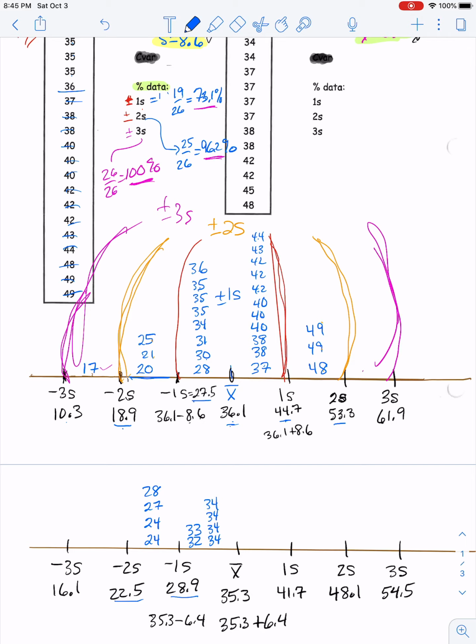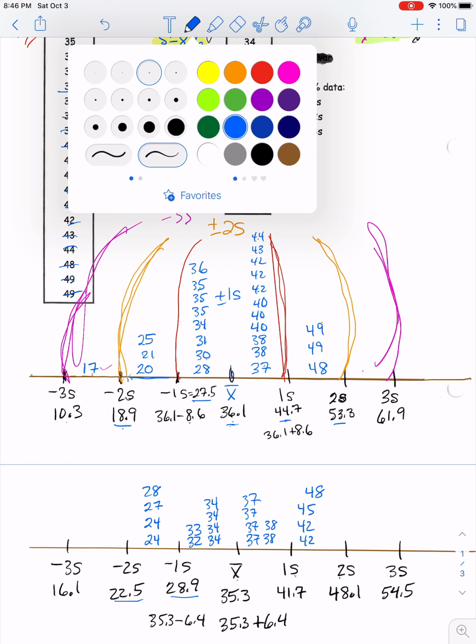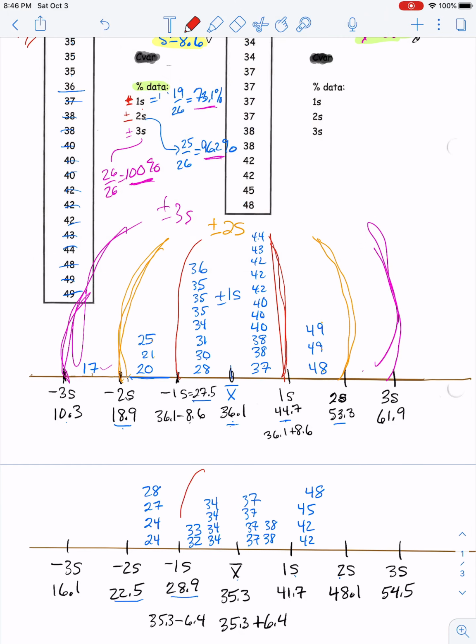Okay, over again to the next, between the mean and 1 deviation, there's some 37s in your list, like 4 of them, a couple 38s. Okay, and then lastly, between 1 and 2 deviations, we've got 42, 42, 45, and 48. Okay, so again, we want to count the number of data values within plus minus 1